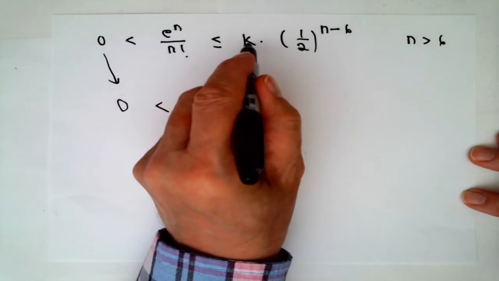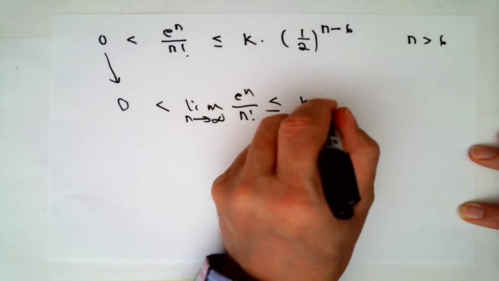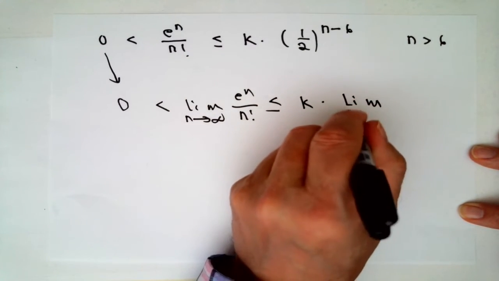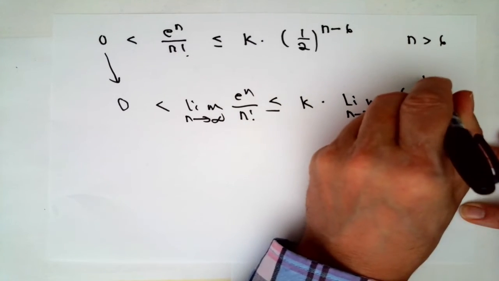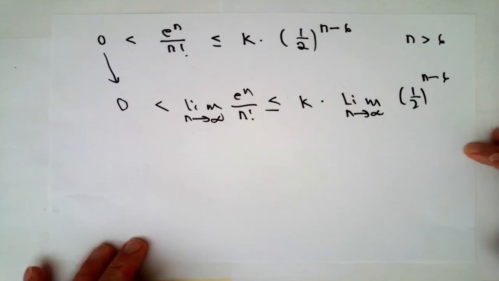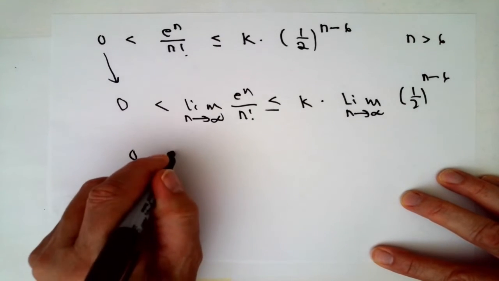The limit of a constant factor is the constant factor times the limit of the rest of it. As n tends to infinity, n minus 6 also tends to infinity. A large positive power of 1/2 tends to 0. So this tells me